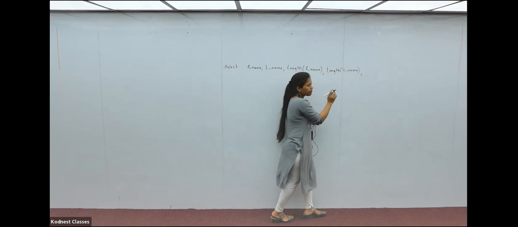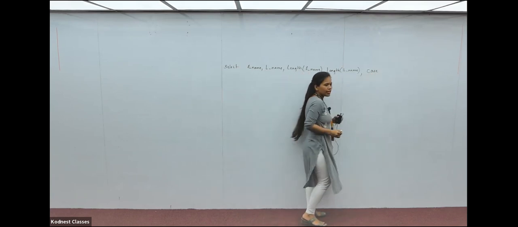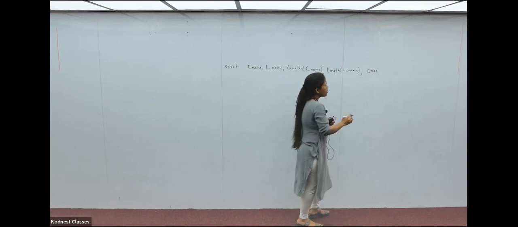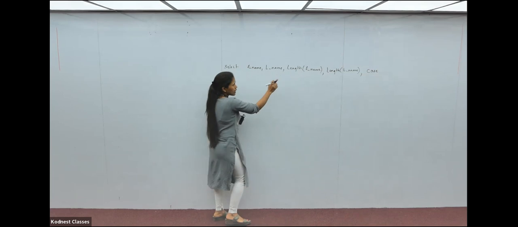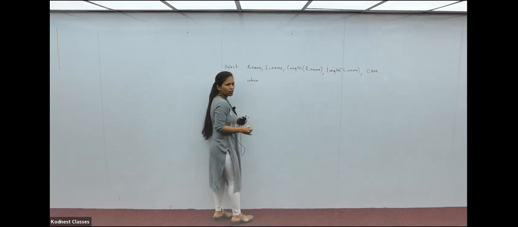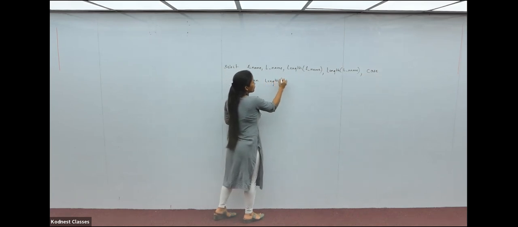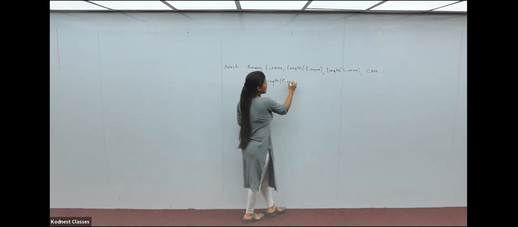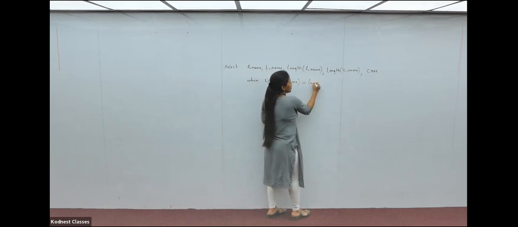Here I am going to use case. What I am going to tell, I'll just write it below here. Case when length of first name is equal to length of